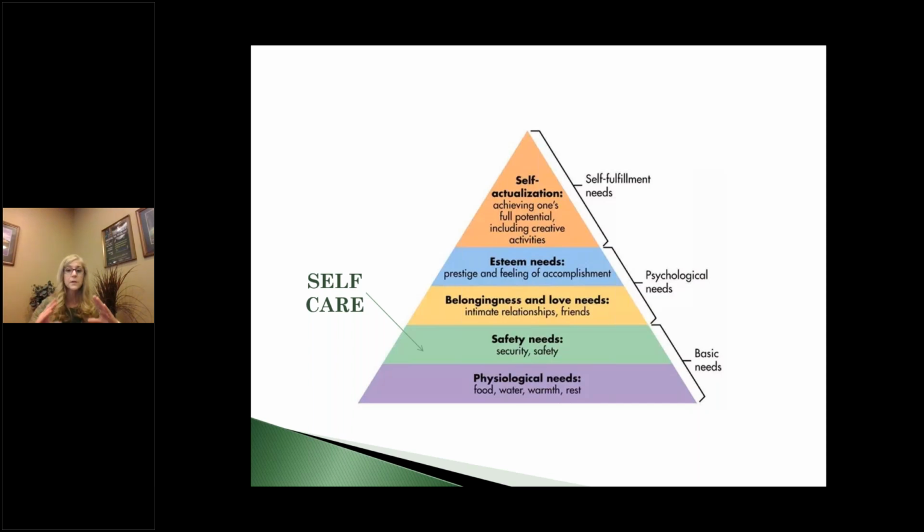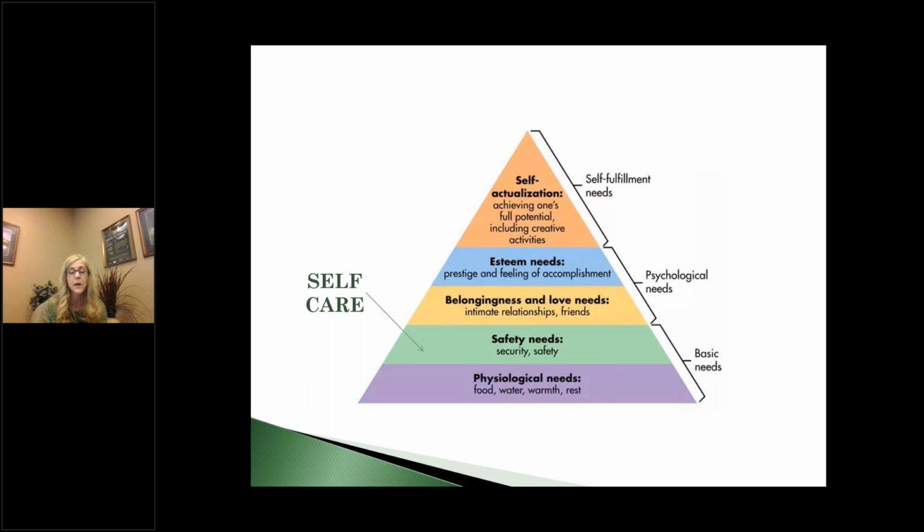And this is just another slide, one of the Maslow's hierarchy slides. The reason I use this is I wanted to show, we all know what this is. At the base of this pyramid, second from the bottom, is self-care. That's where self-care fits in, under safety needs. And so it's super important for our caregivers to understand self-care for you. You need to be able to work through this process so you can help others.